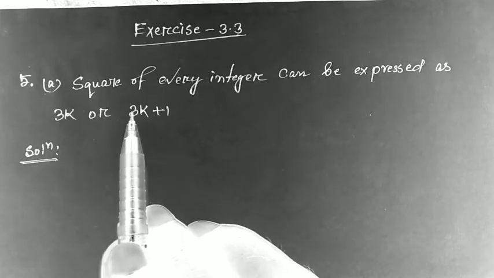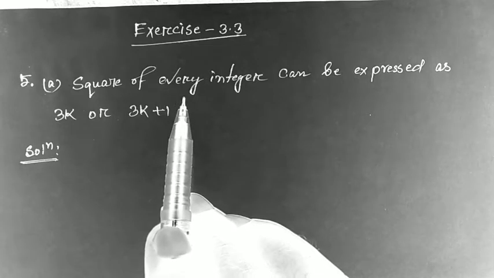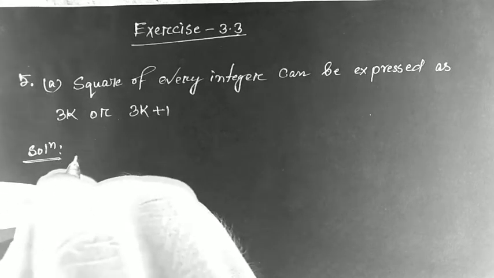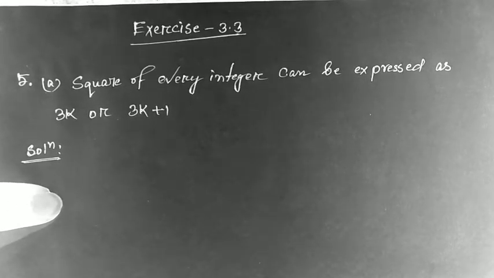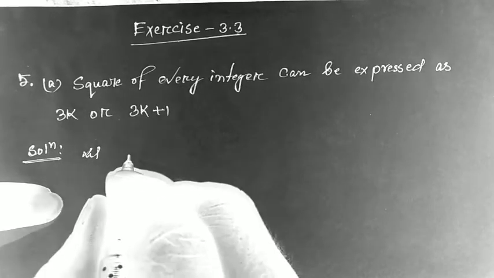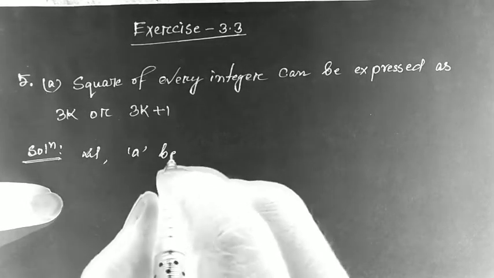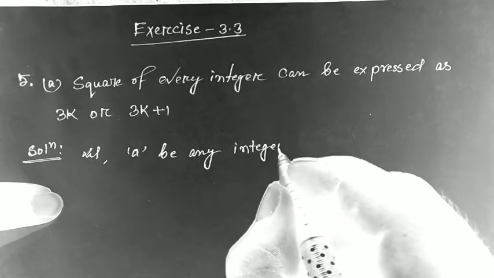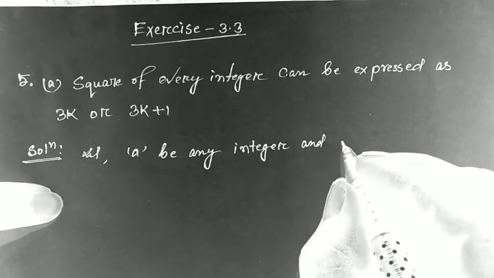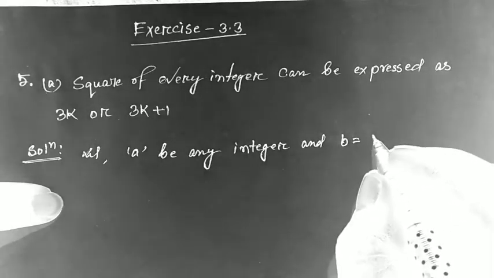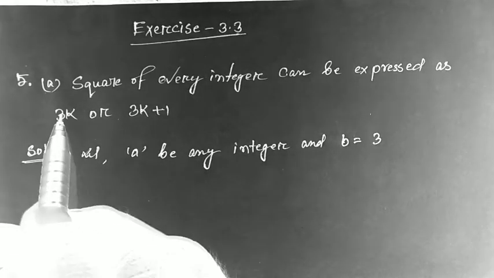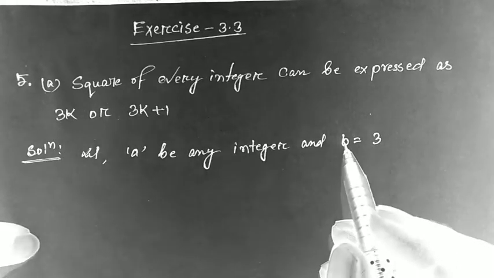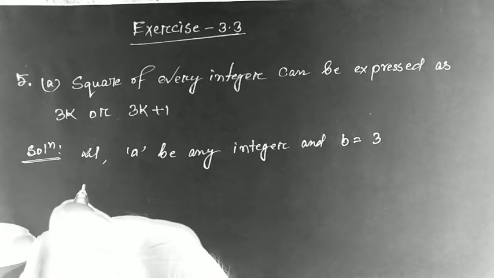So for this type of question we have to use division algorithm. So first of all we have to consider any integer. So very easy, let's see. Let a be any integer and b is equal to 3. Why am I considering b is equal to 3? Because we have to prove it in the form of 3k or 3k plus 1. So I have taken b as 3, no? So using division algorithm,